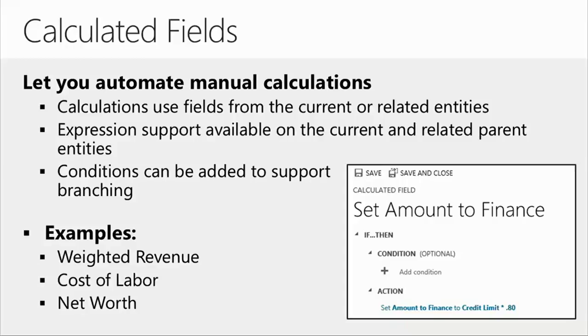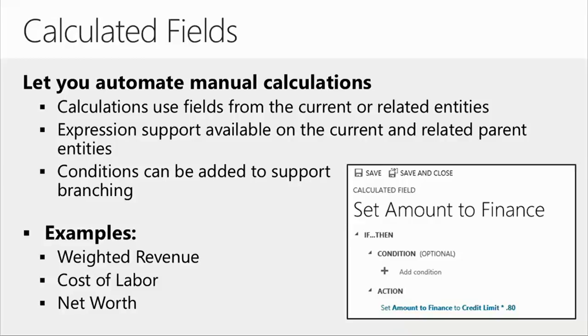Or if I wanted to populate some type of information into another field from another entity, I could take a field from a related entity and create a calculated field that pulls that information in and displays it on the form that I'm currently working with. What's nice about that is it gives you the capabilities to pull in information from the parent entity. So one of the things we'll show you here in an example is, on the event registration, I will show you how to pull in the actual event cost specifically from the event entity,